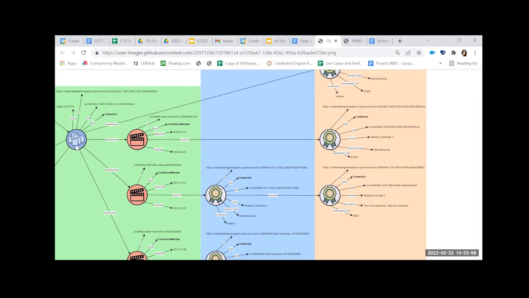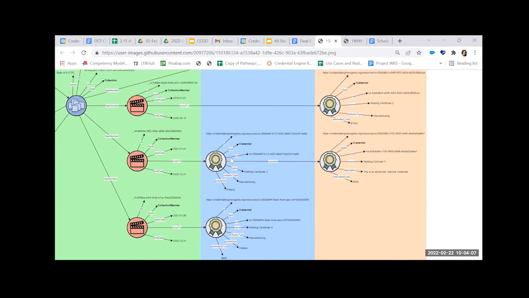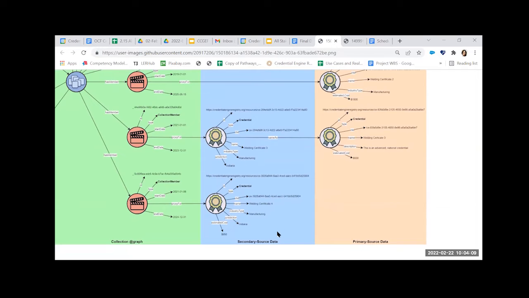The next 2 cases deal with the secondary source data. Just to summarize that real quick, secondary source data is a means for someone who is not the intellectual property owner of the credential or of the course, or whatever, to publish data about it in the registry. This is different from something like third-party publishing, where it's still coming from the actual source of the data. It's just being published on their behalf by another agency who is maybe a bit more technically savvy. For secondary source data, it's actually coming from a different source. And Credential Engine will, of course, still be in control of who is allowed to publish those kinds of records.